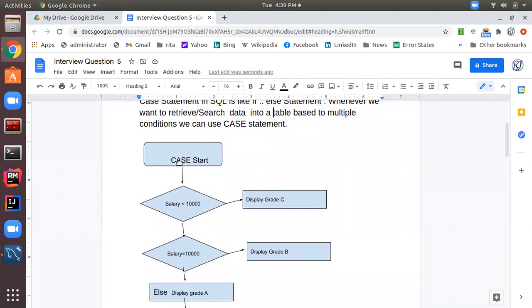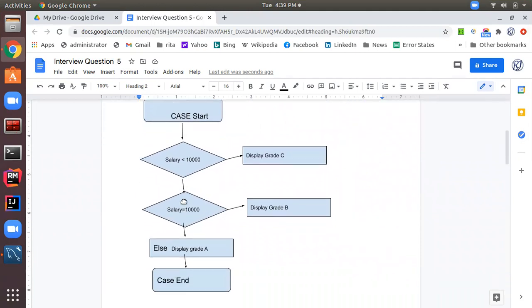This is the flow chart of the case statement. Here is the start of the case, and here is condition 1, that is salary less than 10,000. I am taking the example of the same table which I discussed in other interview questions. If the salary is less than 10,000, then display the salary grade as C. If this condition is true, then it will jump to the end. If this condition is false, then it will check for the next condition, salary equal to 10,000.